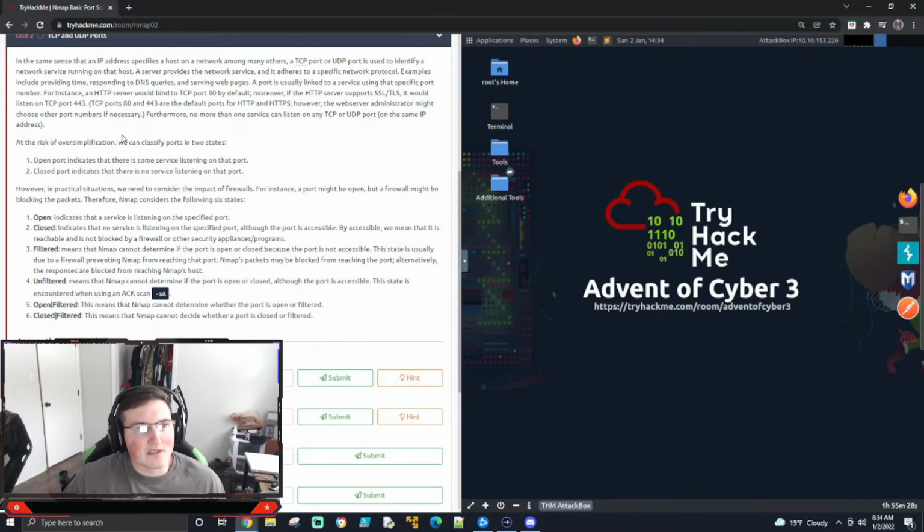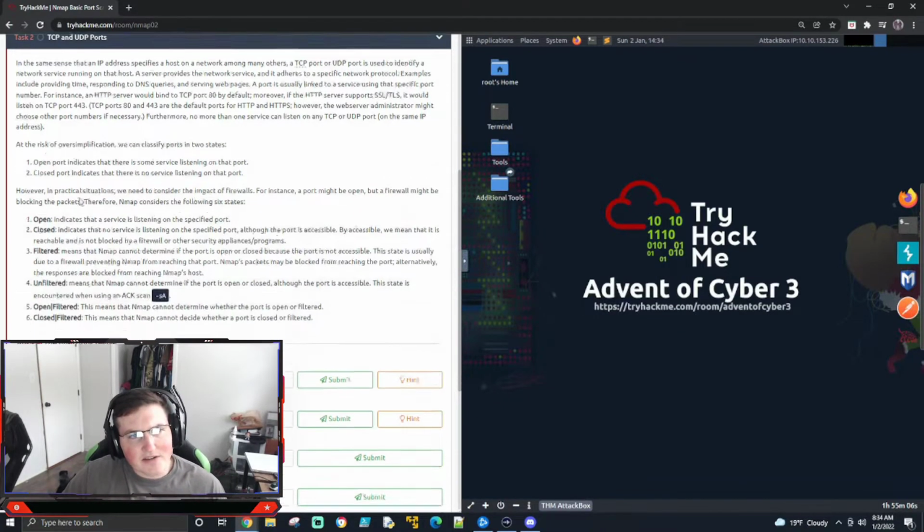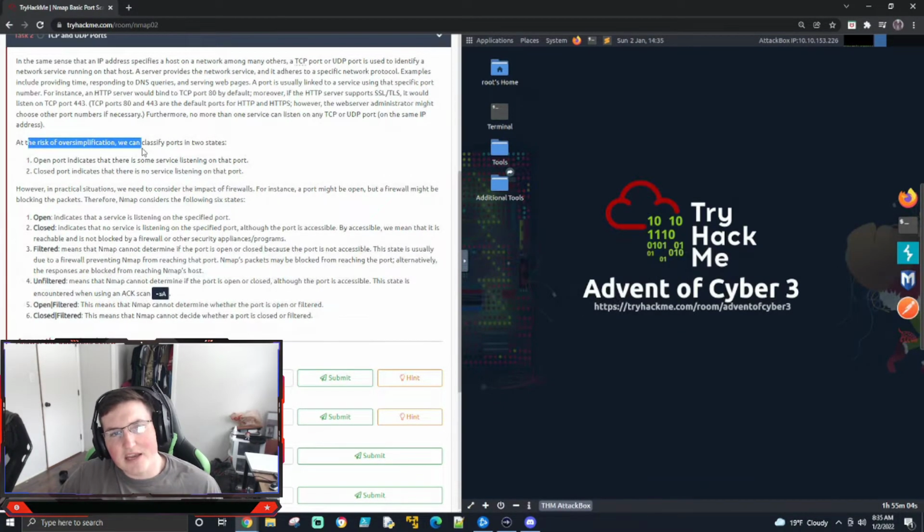All right. So here, TCP and UDP ports. My dog just cried. I've covered this in the past, but TCP is connection oriented, UDP is connectionless. What that means we'll cover here, and you'll see an actual visualization of what I'm saying when I say connection oriented and connectionless. So here it says at the risk of oversimplification, which is true, but here is theoretically the